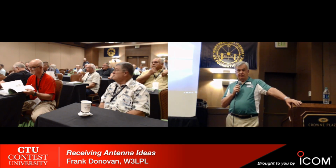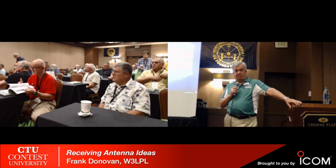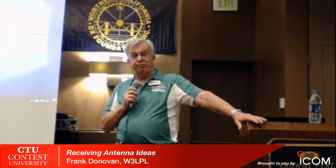For the 8-element arrays, there are 2 types of arrays that you can build. One is the high Z array. It doesn't require any radials. It doesn't require any top hats, but it requires a preamp at the base of each vertical. So you need 8 preamps and a way to distribute power to all of those 8 preamps. There are many failure points in that array. So it can be a little tricky to keep it running. And the directivity of the array requires that all of the 8 elements are used in the high Z array. So the performance of all 8 elements and all 8 preamps must be preserved, otherwise the antenna does not perform